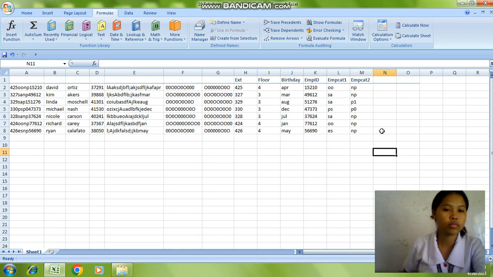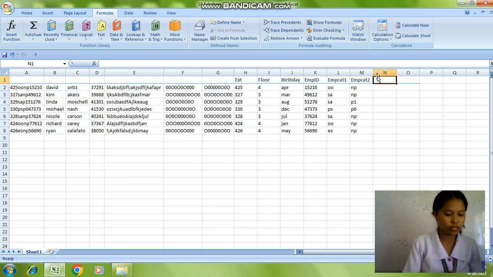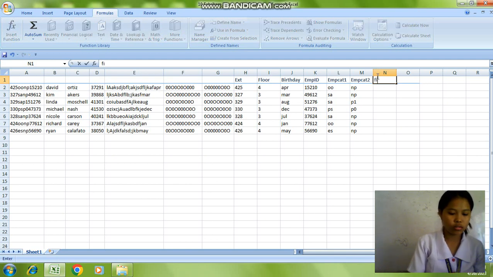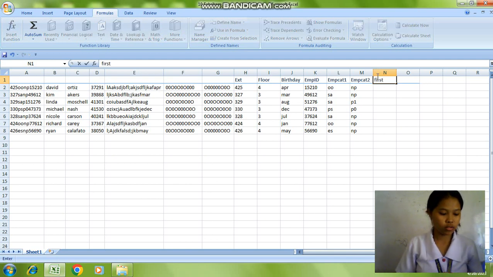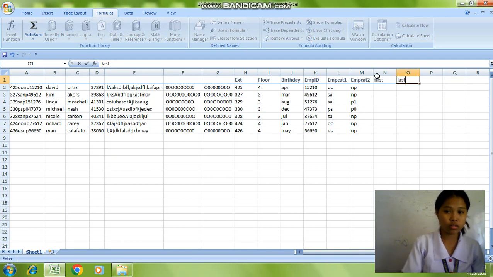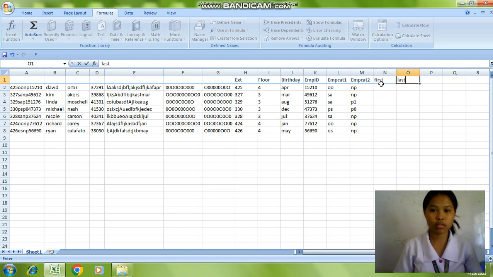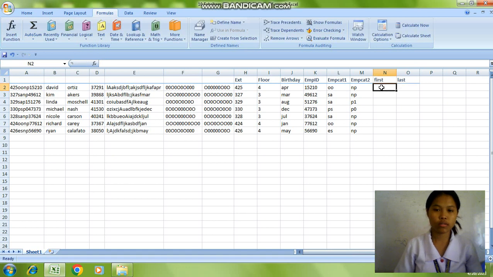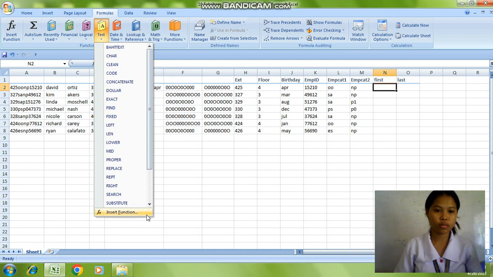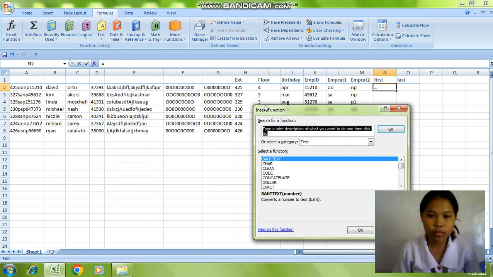With the workbook from the previous exercise, click cell N1, type First. And then in cell O1, type Last to label the columns. Then click cell N2, click the Formulas tab, and then in the Function Library group, click Text and choose TRIM. The Function Arguments dialog box opens. In the Text box, click B2. Then in the text